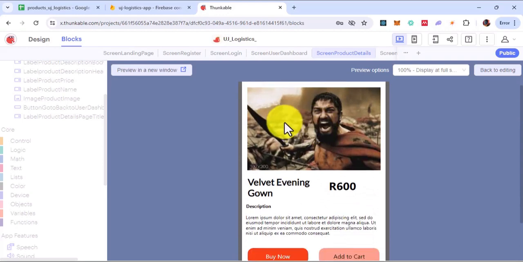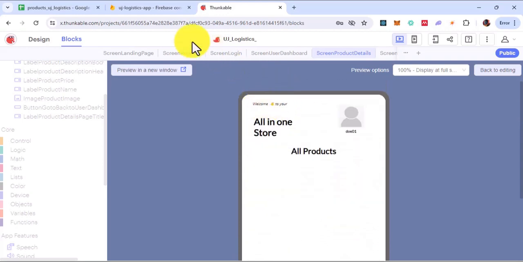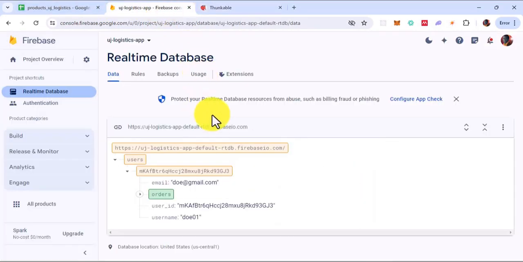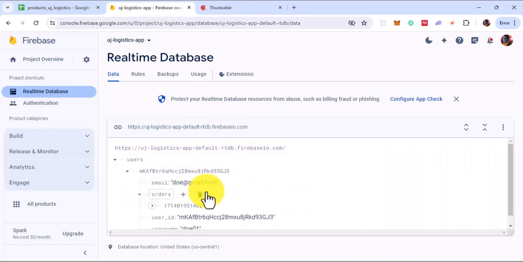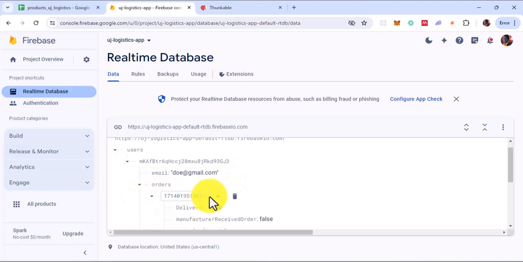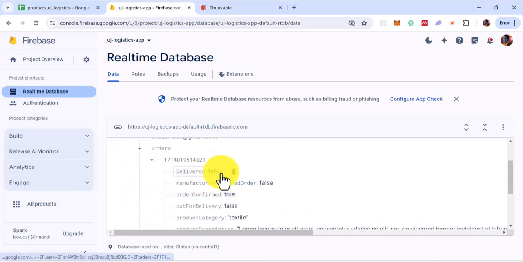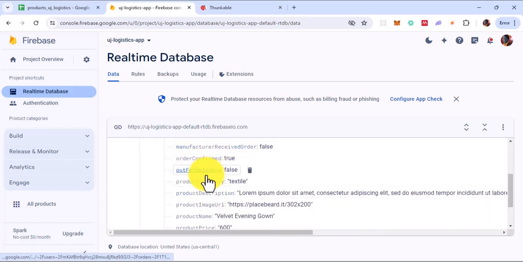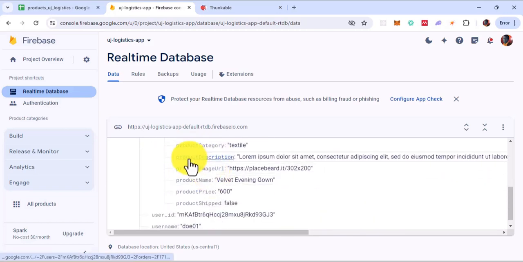So if I go back to my product details, the list of orders, you can see that I have my order saved in the database. But now it's going to be full-fledged. The delivered flag, is delivered, should be small letter. Manufacturer received order, order confirmed, out for delivery, product category, product description, product URL. Alright, so since we